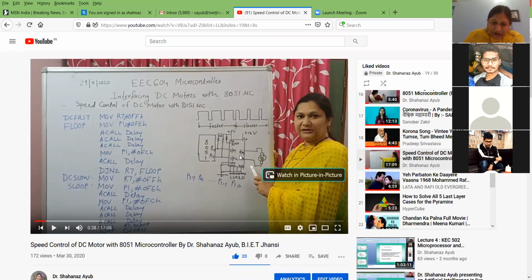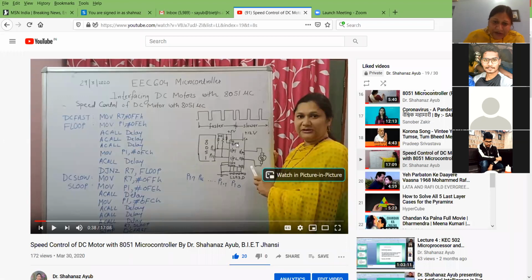And yesterday we have seen that the L293D motor driver IC is a 16-pin IC, and it has 4 drivers inside it. And a DC motor has 2 terminals, so 2 pairs are sufficient for us: input 1 and output 1, input 2 and output 2. So we connect the input pins to port pins, and we connect the output pins, which have more current strength, to the DC motor.